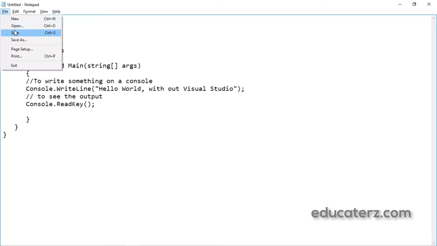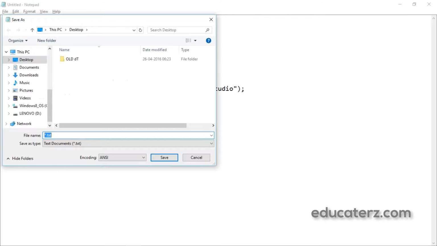So let us save this. Before saving, please select the save type as All Types. Then I'm placing it on the desktop as my sample program.cs, you should mention .cs.